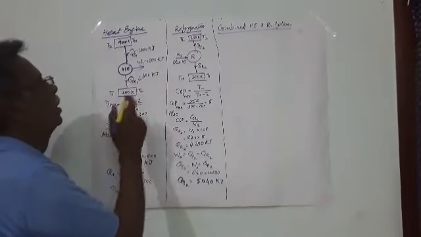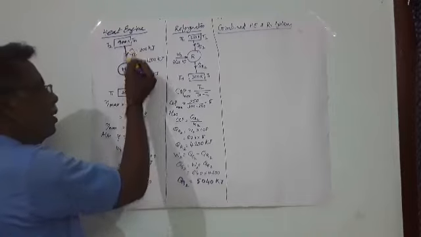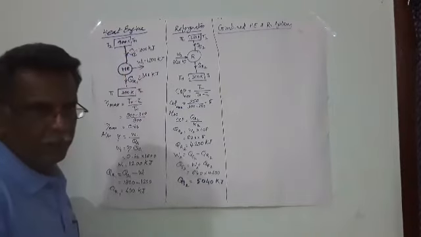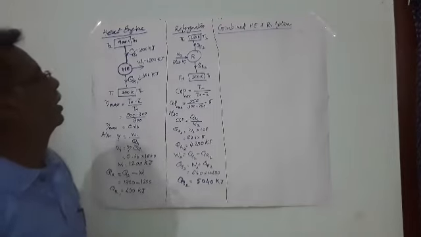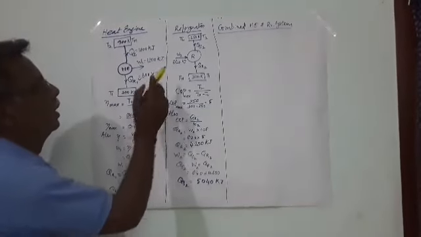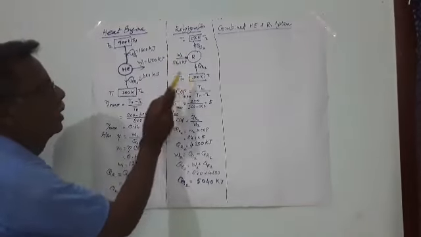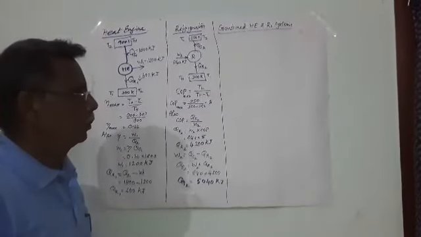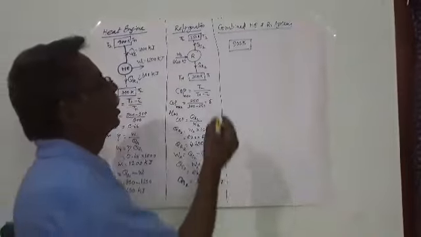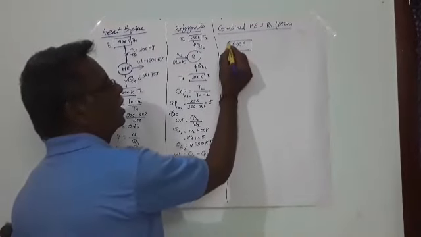Let us assume that the heat engine operates between these two temperature limits, 900 Kelvin and 300 Kelvin. Similarly, let the refrigerator operate between these two temperature limits, 250 and 300 Kelvin. Now the combined system schematic is like this: